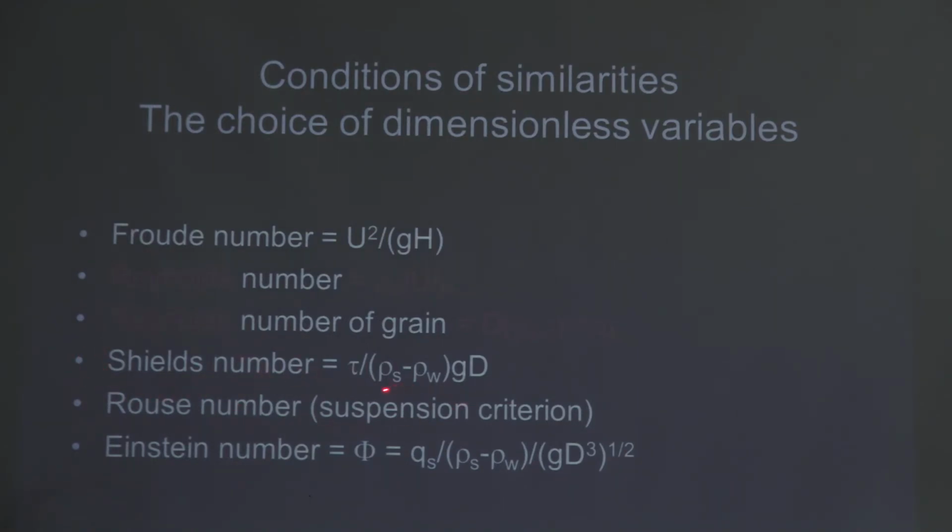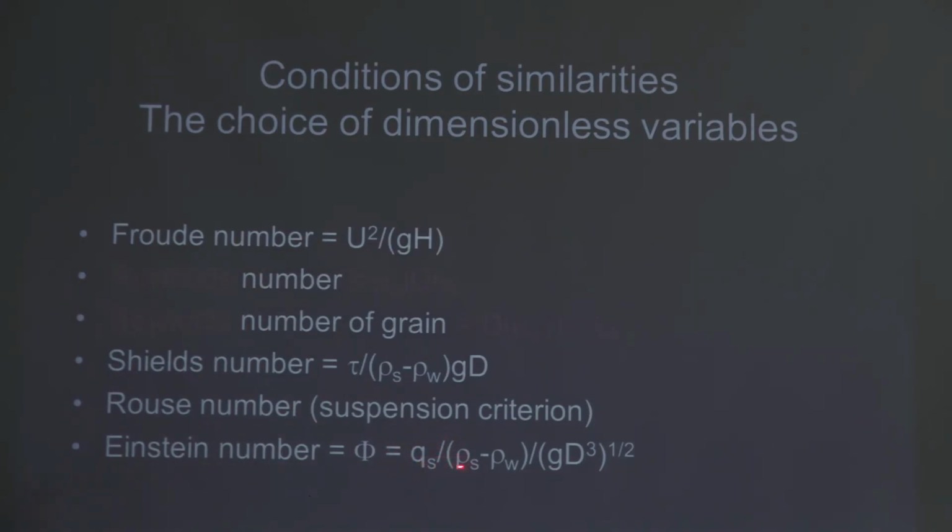Shield number for sediment transport. So if you have a small size scale flume and you have obviously lower shear stress, then you will be working with a smaller grain size in order to get the same Shields stress as in your natural system. Rouse number for suspension, and for transport capacity, Einstein number,